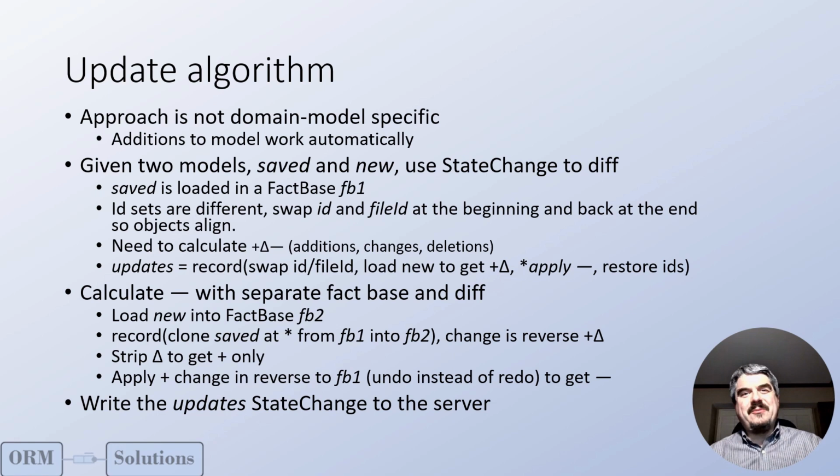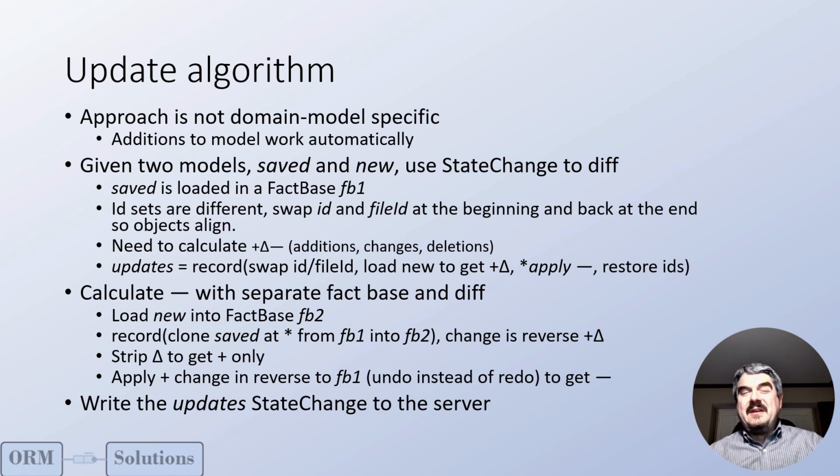So we strip the deltas, which will be just the reverse of the other ones. We get the additions only, and now you subtract that from the original set. Essentially you do an undo instead of a redo. That gives us our minus. After you apply the minus, you restore the IDs, detach the state change,